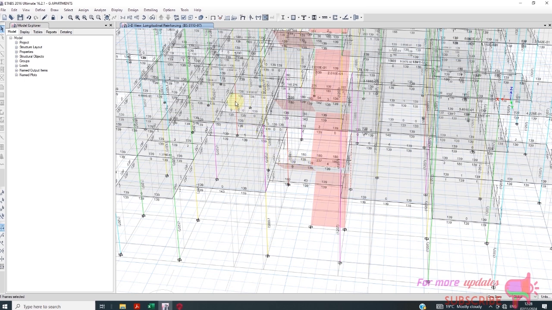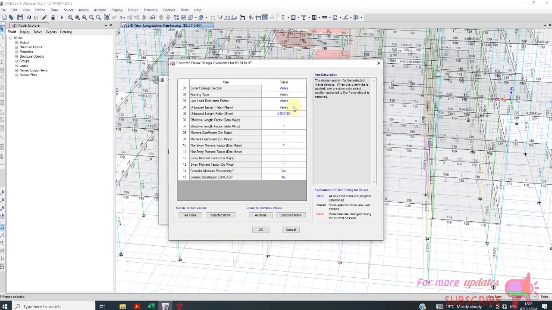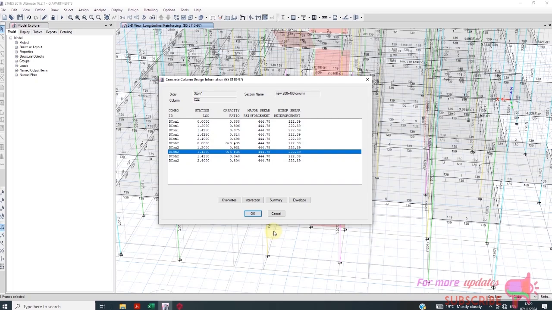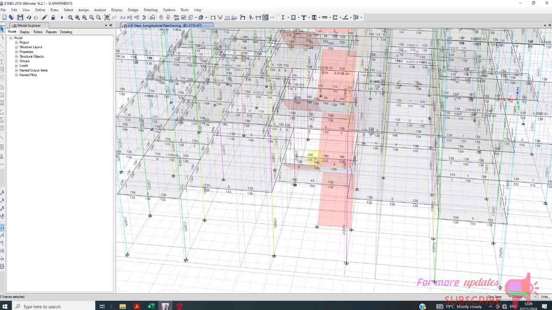Okay. Overstressed. Even those all reds, just select them, overwrite, frame type, non-sway. Okay. So for all those overstressed columns,